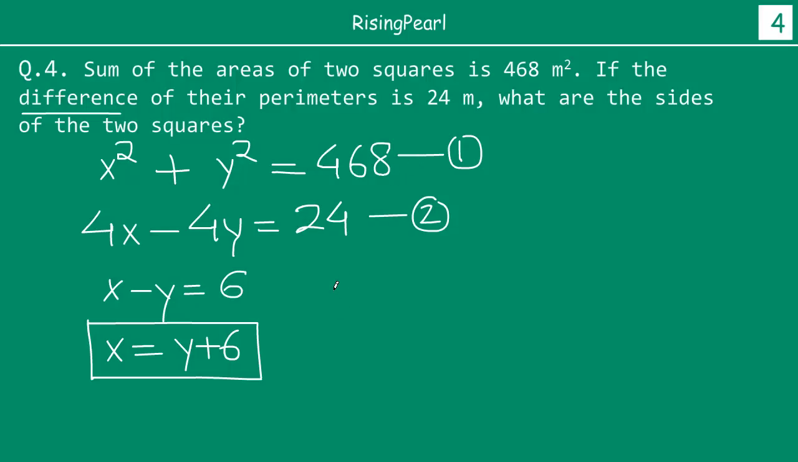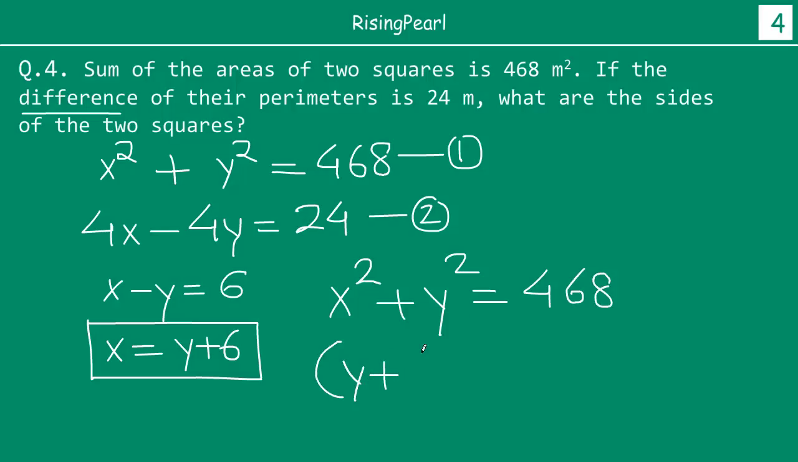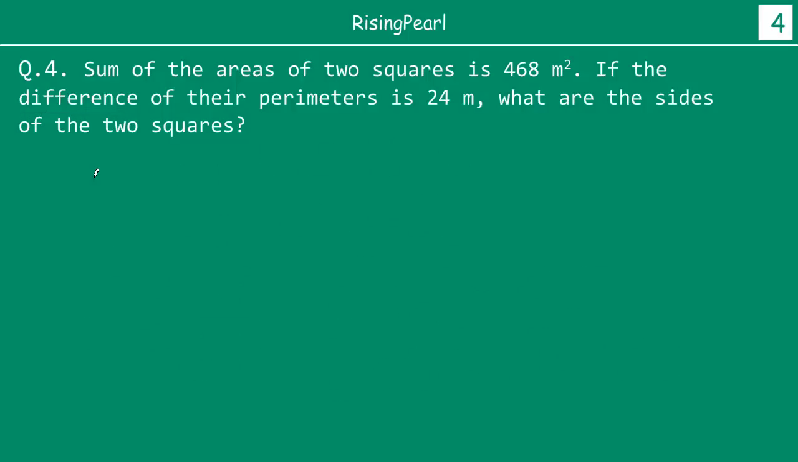So we want to replace x, so we have x square plus y square equal to 468. Instead of x, we want to put y plus 6. Instead of x, we want to put (y plus 6) whole square plus y square is equal to 468. So now friends, if we solve them, let's give ourselves some space here. So if we solve them, what we have is (y plus 6) whole square plus y square equal to